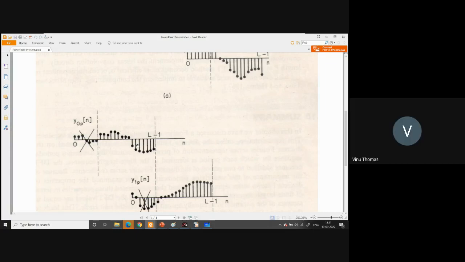Sir, is it because the samples are correct, but there are samples that overlap? These samples are overlapping, but these samples are discarded, whereas these samples are saved. So you can assume that you are writing a program to implement this. When you write a program to implement this, this will go into some array, this will go into another array,